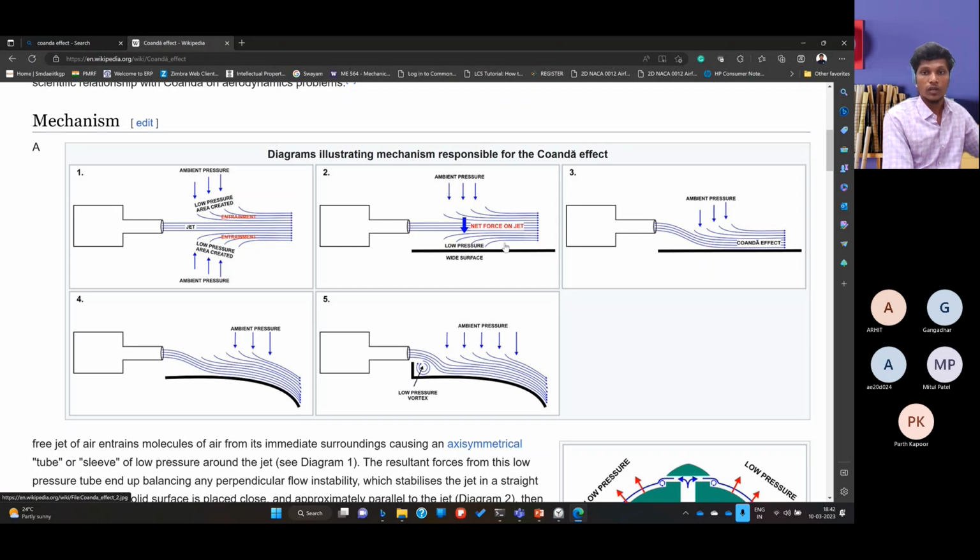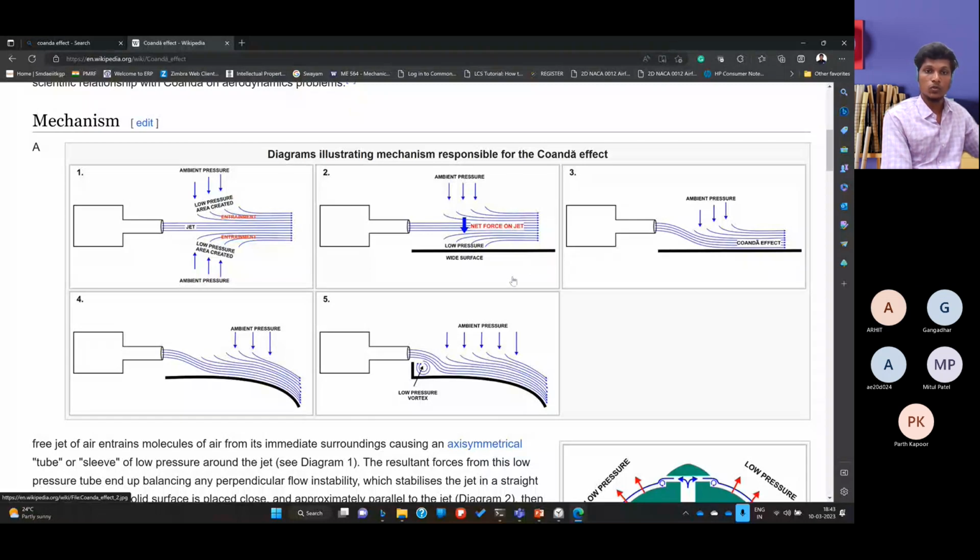So after a certain point, whenever this kinetic energy becomes sufficiently less to diverge like this, because of this low pressure zone, at that point it will bend and attach to the surface. It should satisfy both: the kinetic energy of the core jet should be low enough that it is able to bend due to this low pressure region, which is formed due to the dragging of the fluid from the surroundings. Are you able to understand now why it is tending to the surface? Yes, sir, I got it.